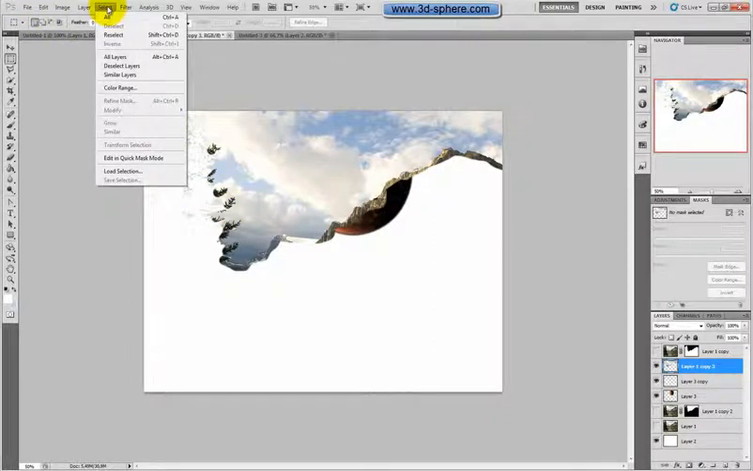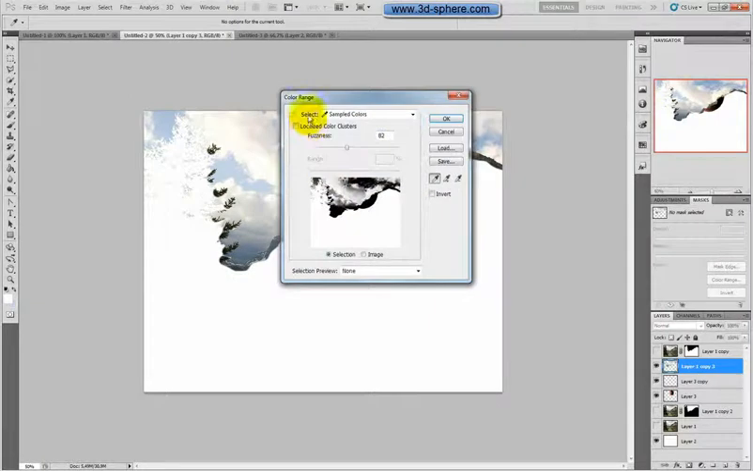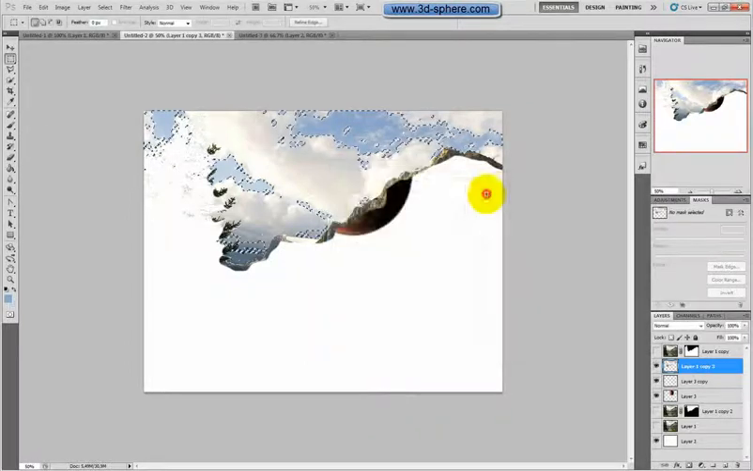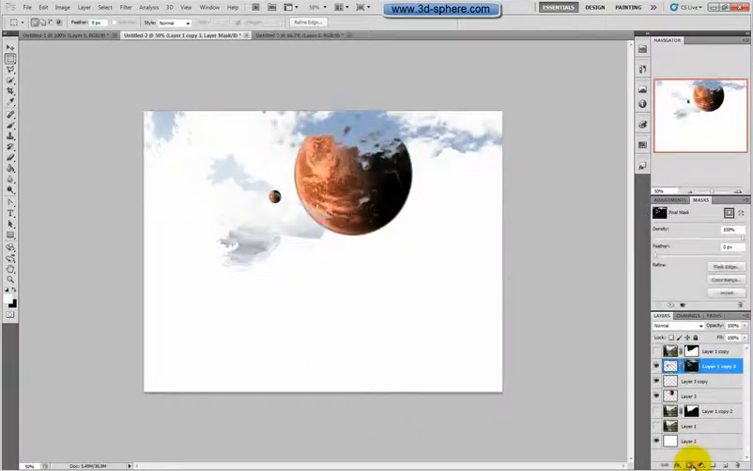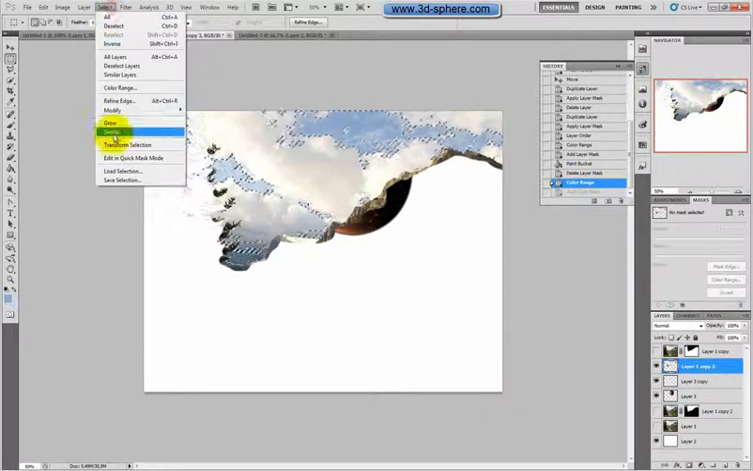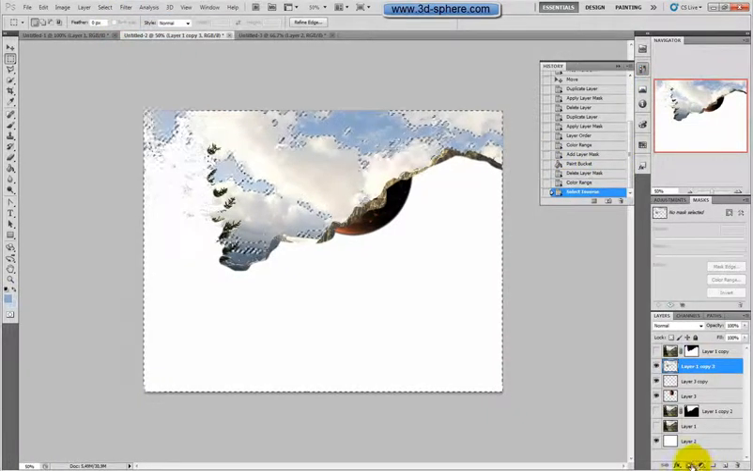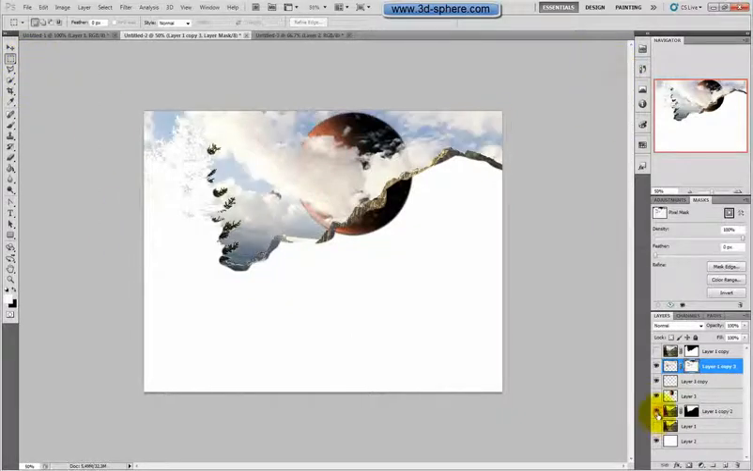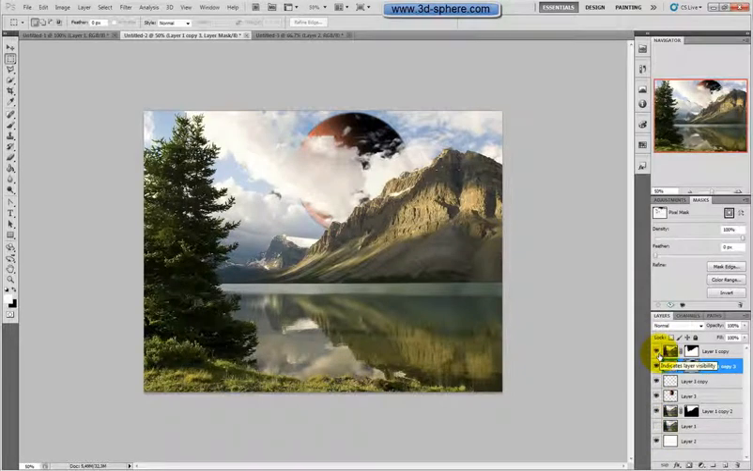Select color range. Try one of the blues here. Should be probably better. And one more time. Okay, I'm applying a different mask. Select inverse. Yeah, this is much better, of course. Okay, let's put back this one and this one. So we have the